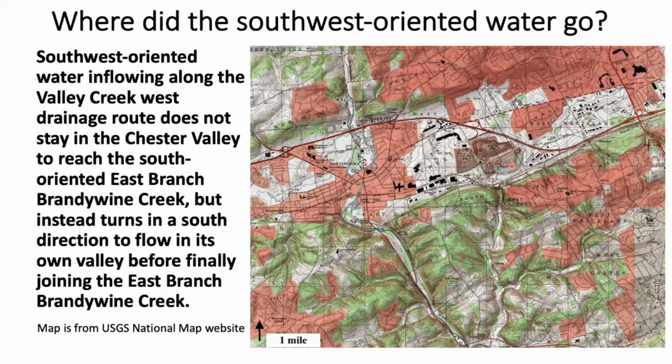So this kind of makes sense if we had large volumes of water flowing in a southwest direction here, which were being captured by the headward erosion of first this valley and then this valley at approximately the same time. And these valleys were diverting the water, which had been going further to the west in a south direction to Brandywine Creek. And the same process would have continued westward. And let's look at